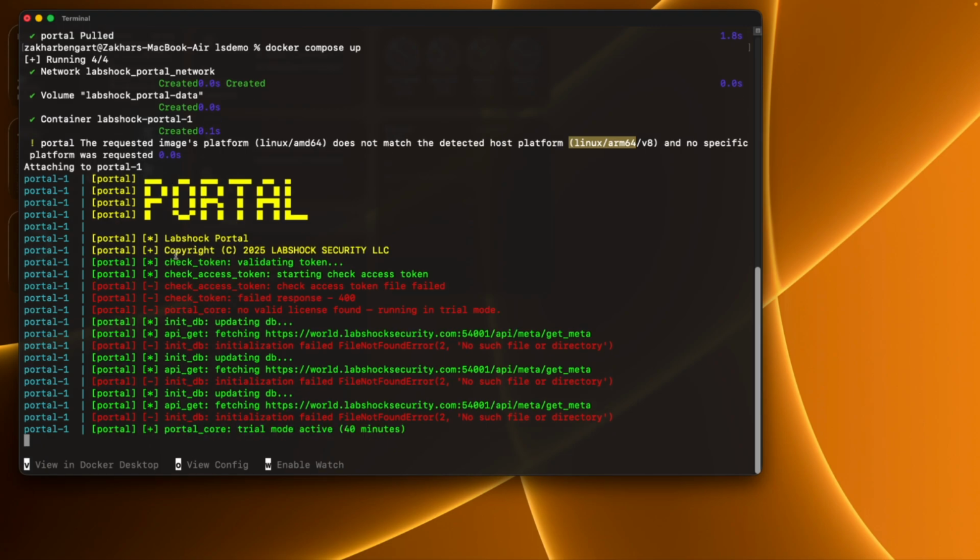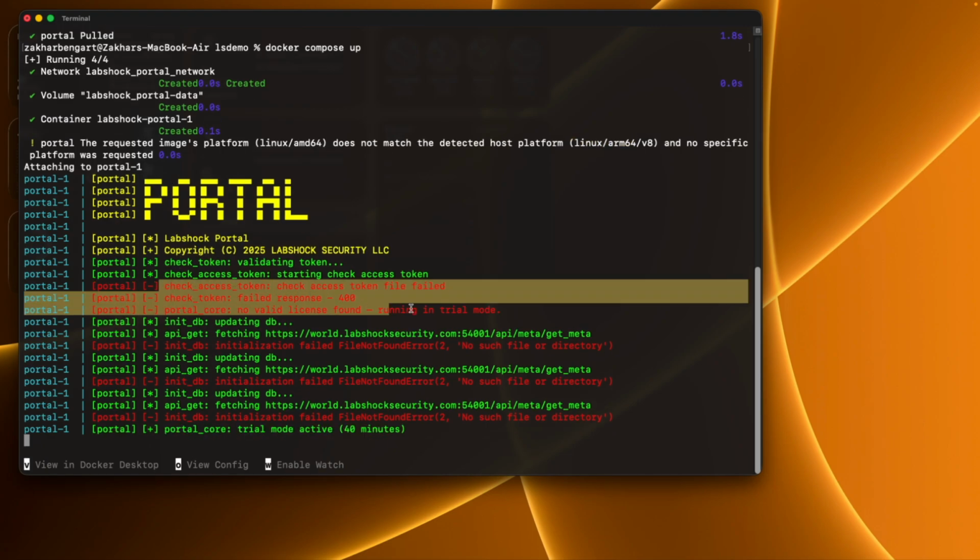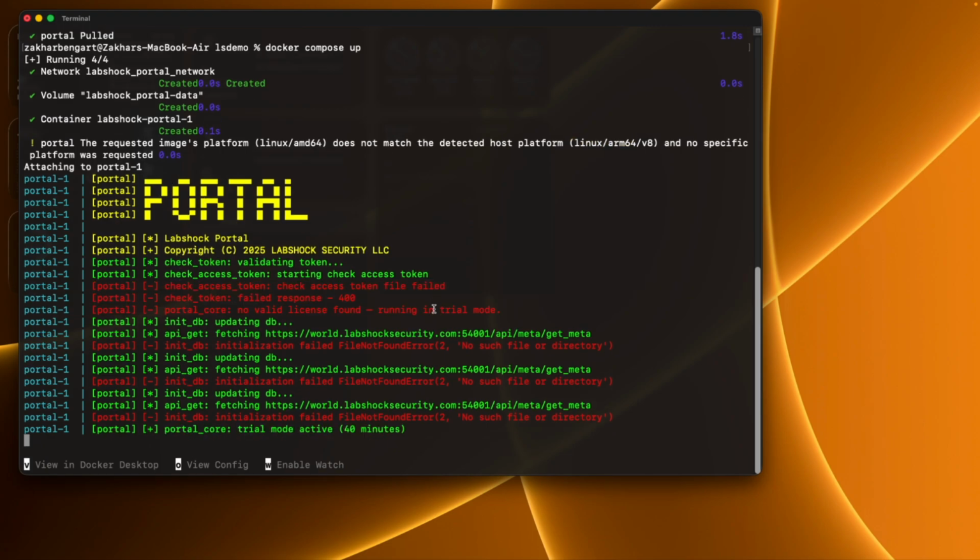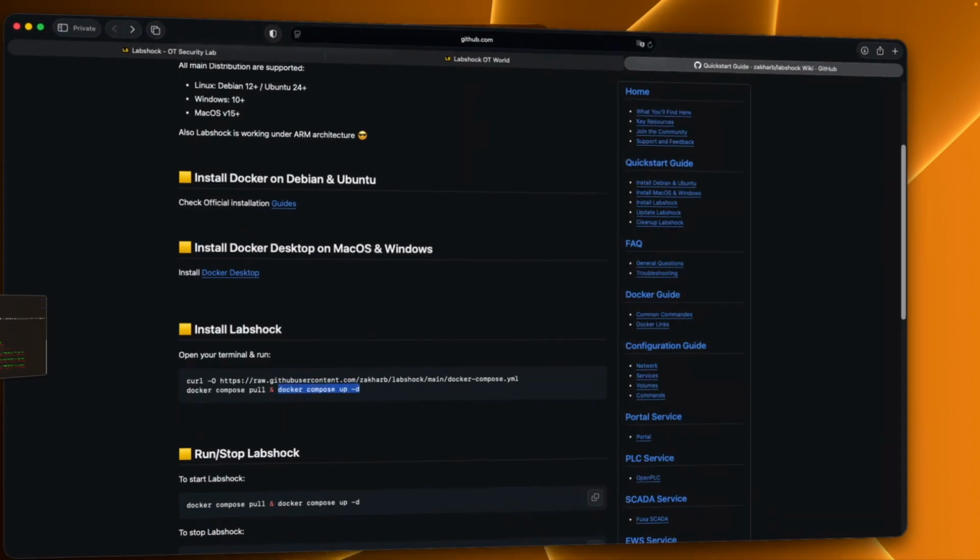So you will see the portal. This red one is about the license and token that we will connect now. So it's not a problem for now. Trial mode active, 40 minutes. Everything is okay, so we can go back into